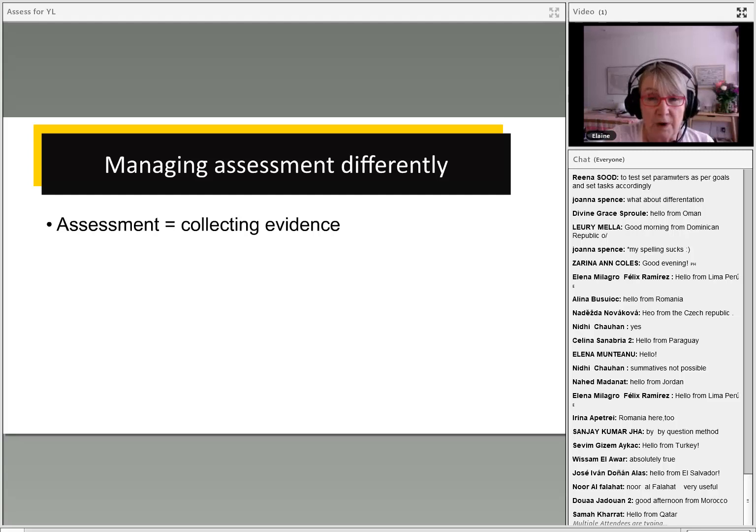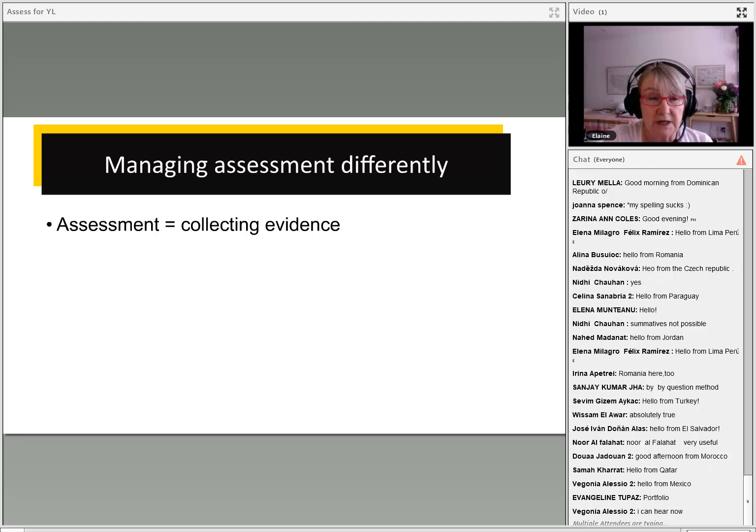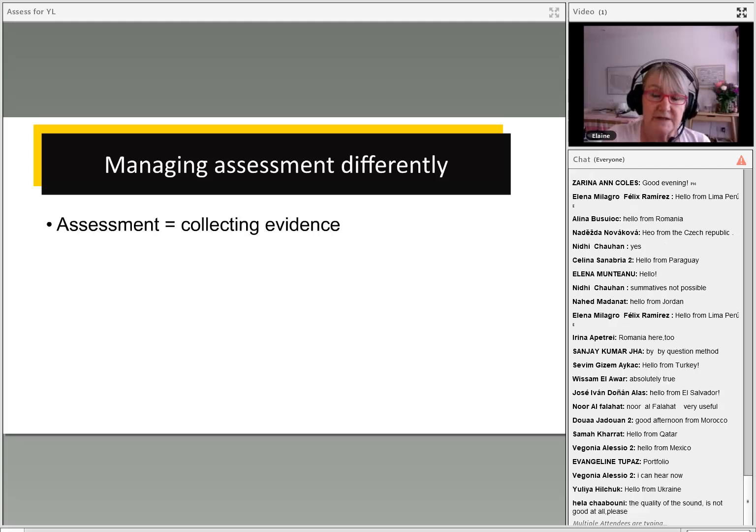Normally when we say assessment, we think it's interchangeable with testing. And I think once we start focusing on the word testing, we start to get worried about, are we doing a proper test? Is it a real test? What's the test like? But if we think about assessment in the wider sense, and especially in the classroom,